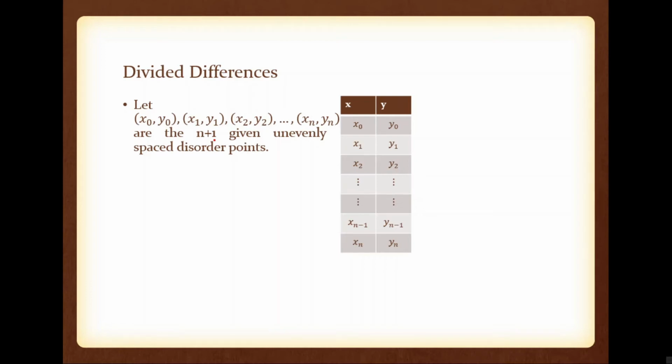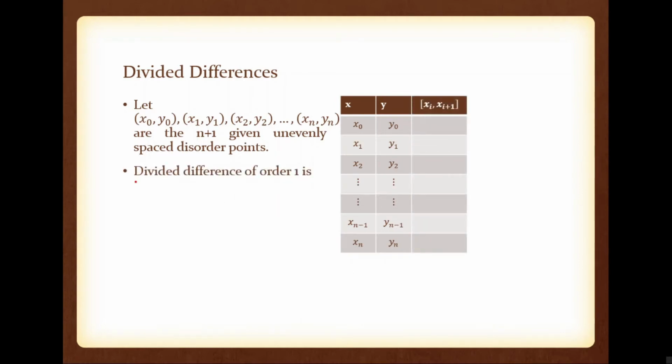Okay. So say this is the tabular representation of the given data x0, y0, x1, y1, etcetera, xn comma yn. Please note the discussion about the divided difference table is similar to the finite difference table with a slight difference. Okay. So first we are going to discuss the divided difference of order 1. Please note the divided difference is generally represented by using a square bracket. A square bracket is used to represent a divided difference.